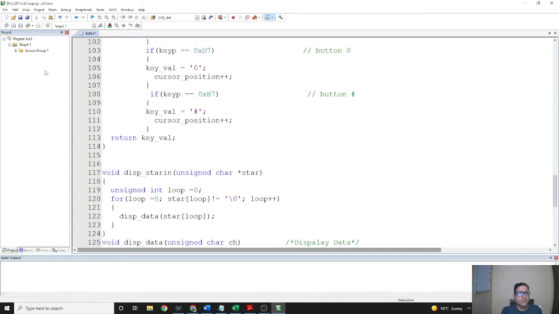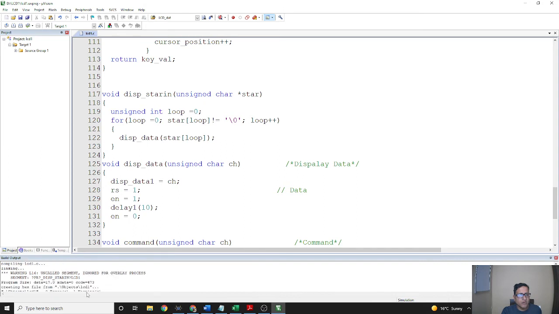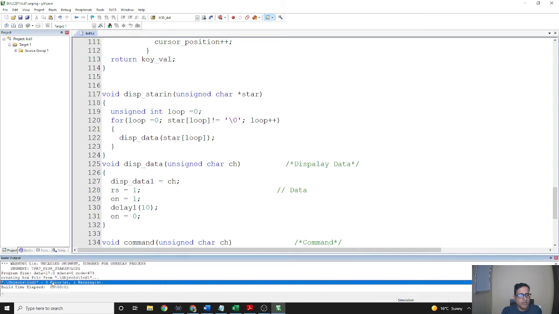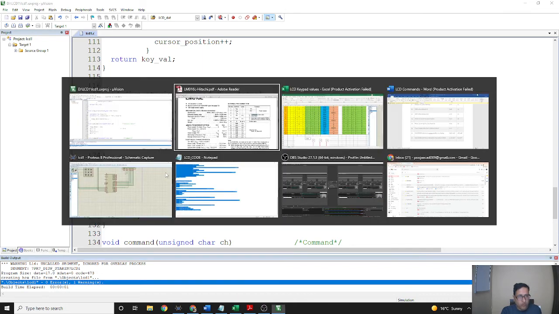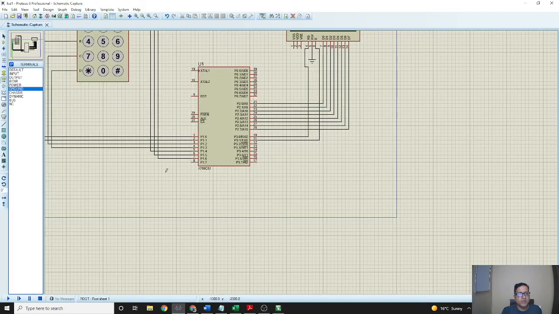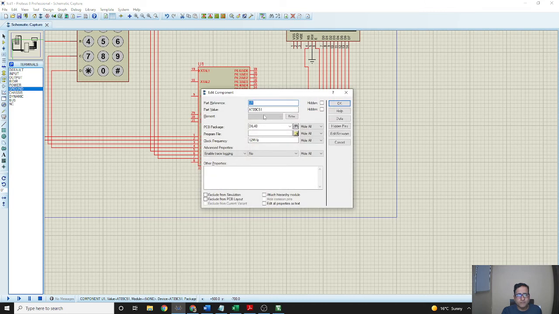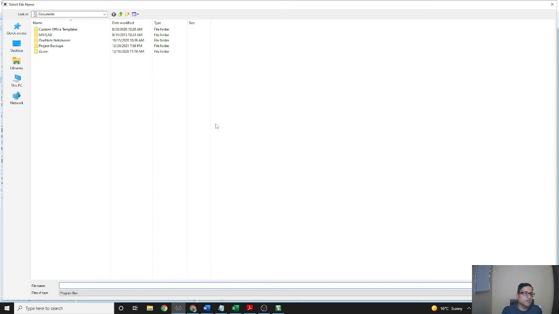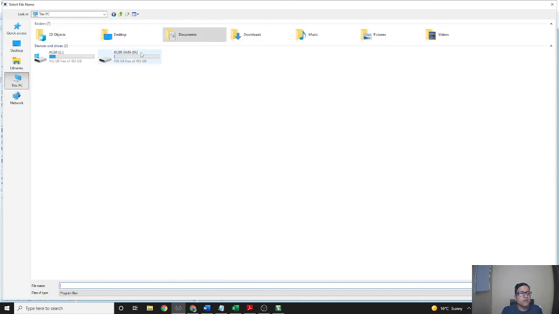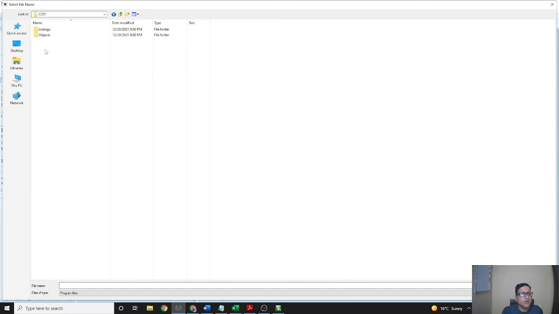So now we will save it and build it. After building we will find that there are 0 errors. So now we will go to our Proteus software and set the frequency here, 11.0592, and give the path of our hex file, which is LCD1 objects LCD1.